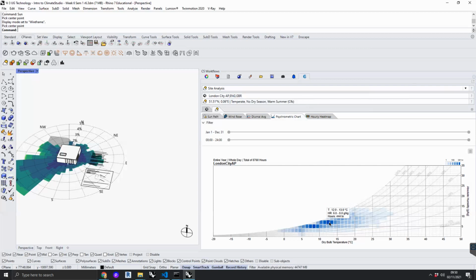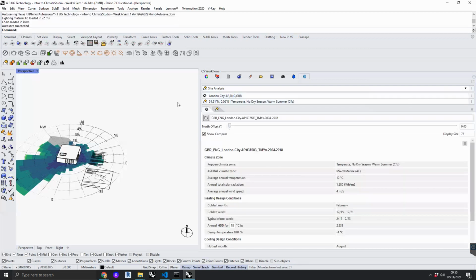444 hours have a temperature between 12 and 13. It's down on the slightly colder, less humid end. Again, if we change to,